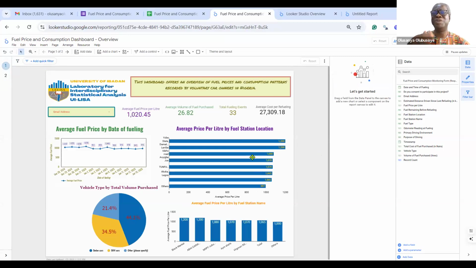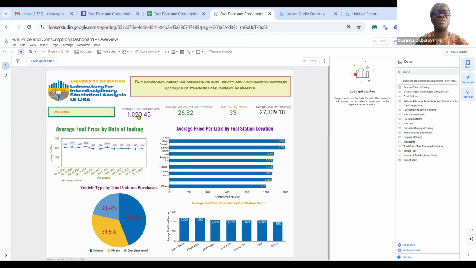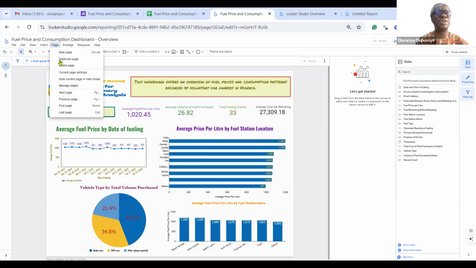If the page is full, based on your design and plan, whatever you want to display, you can move to another page. You can even request that a page that you have created be duplicated. You can come to page and say duplicate this page, or delete the page.